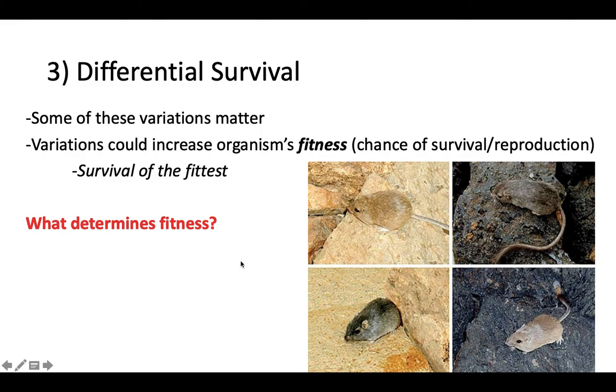It's not just necessarily who's the biggest and the strongest, but where they live, right? A great example are these mice called pocket mice. The brown color allows for great camouflage on the brown terrain. But if that brown mouse moves to the lava flow, the dark color, they stick out and they're visible to predators. The opposite is true for the dark mice. The dark mice blend in on the dark background, but they stick out in the light background. Their fitness depends on their environment.